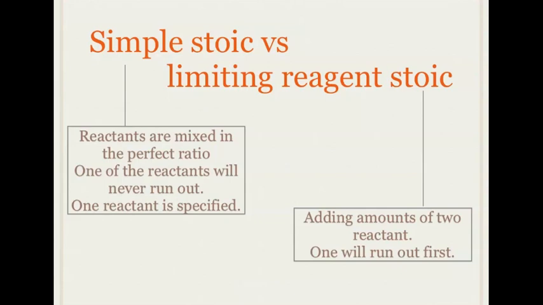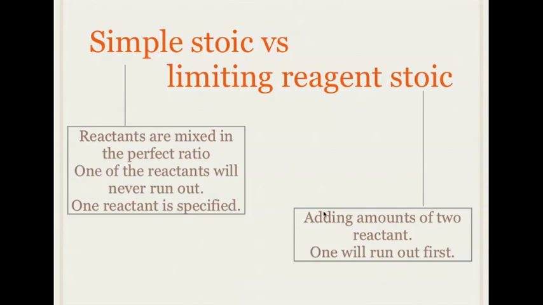Normally what you have is you start off with two reactants and you mix them together. One of them is always, or almost always, going to run out first, and that's where the limiting reagent comes into it. To understand which one runs out first will allow you to realize how much product you're going to get from a certain reaction, because the one that runs out first is going to be the one that the reaction depends on. So your limiting reagent is kind of like your dependent variable. It's what you use to determine your